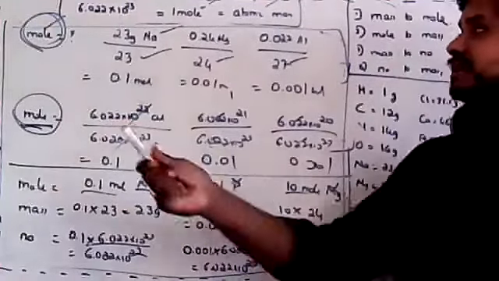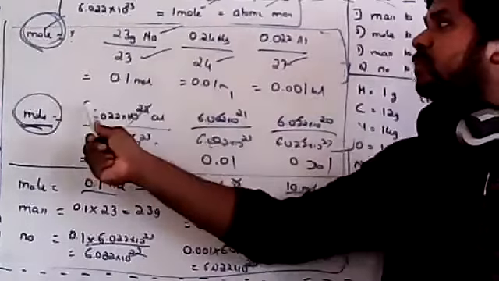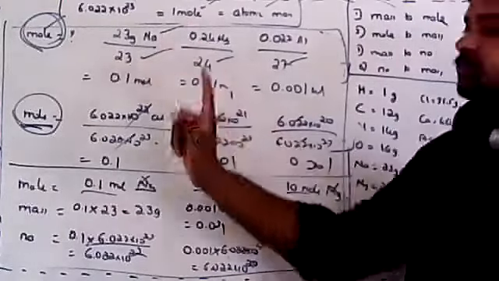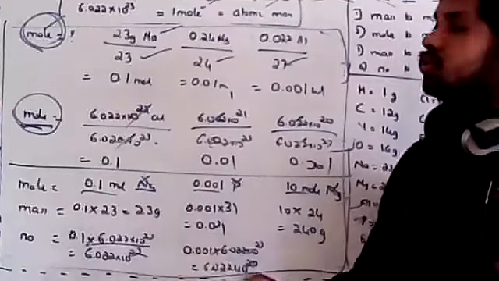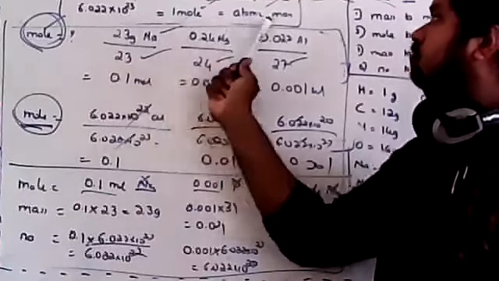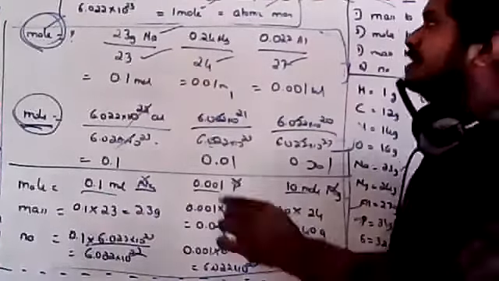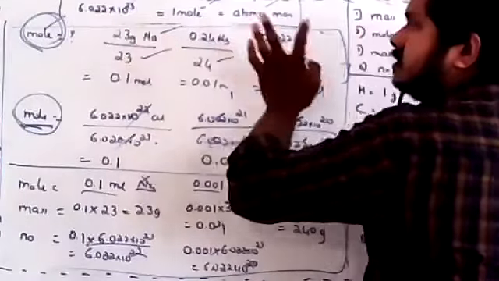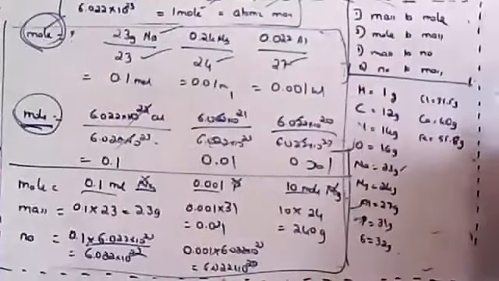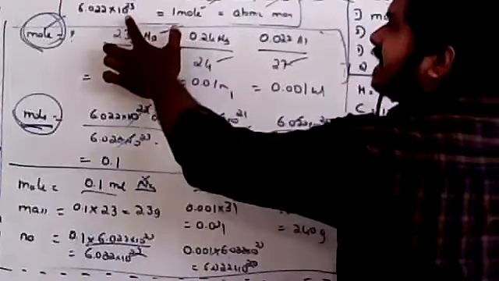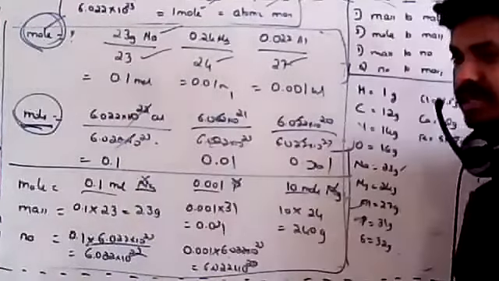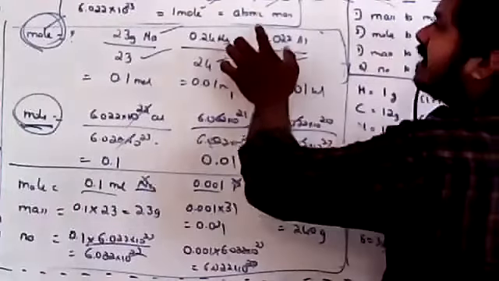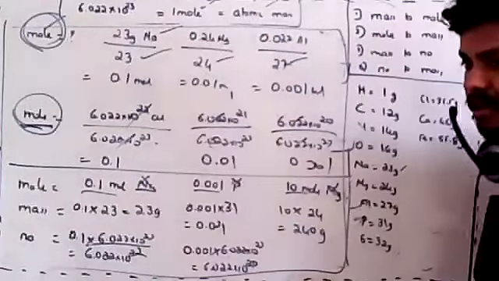Here, what you have done is mass to mole, number to mole. Similarly here, mole to mass, mole to number is done. It means this to this, this to this. So we have practiced that one. Now, can we directly convert the number into the atomic mass? Or can we directly convert the atomic mass into the number?